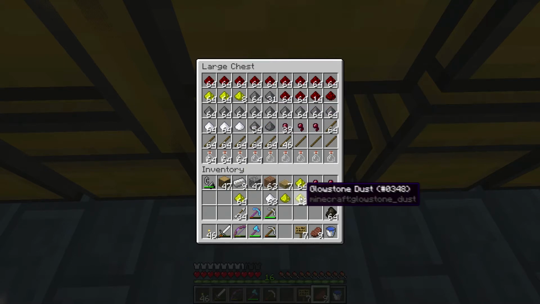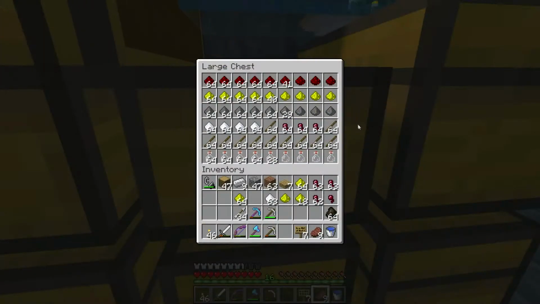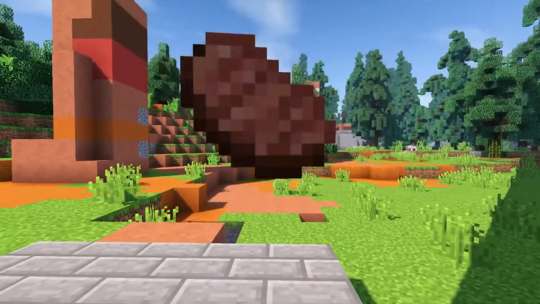Wow, there's a lot of glowstone here. So we'll let those keep filling in. And these will keep filling in. Look at all of that. But the reason we're trying to get all these filled in is because we're actually going for the sticks. We wanted to get the sticks so that we could have the furnace...